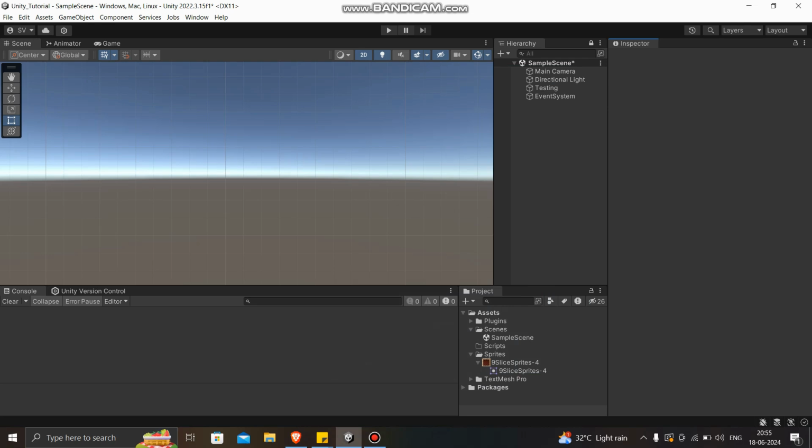Why nine slicing? Because it helps in reusing the assets. We don't need to import and use different sizes of the same asset. So that's why we are using it. Let's see how nine slicing works. So basically,